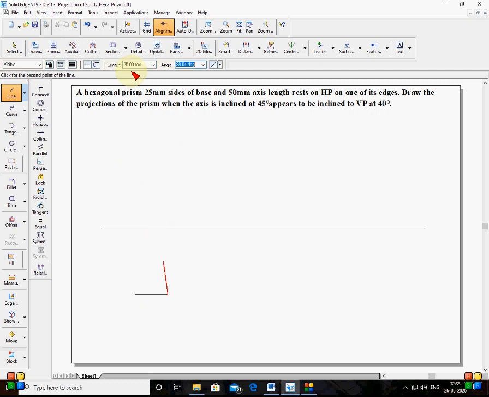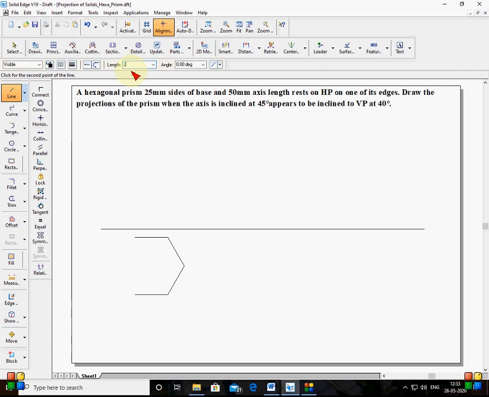Again it is asking for the angle. What is the interior angle of a hexagon? It is 120, which means the outside angle is 60, so I'll type 60. Again I draw the length 25, and the angle 60 plus 60 becomes 120. Again length 25, then 120 plus 60 is 180, so I type 180.